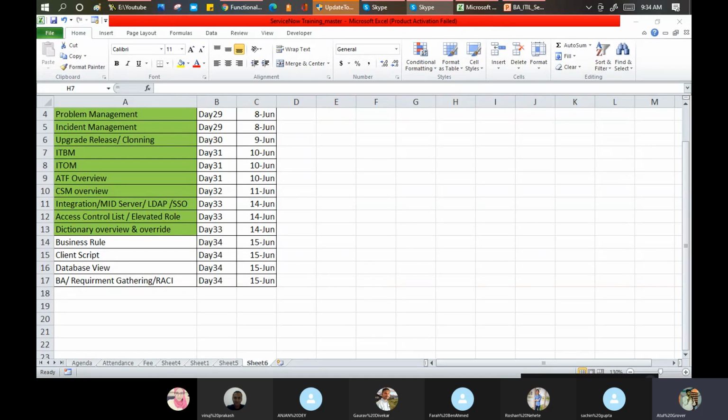Let's take an example. Suppose you want to book a ticket. It can be an air ticket, a railway ticket, or a bus ticket. On the booking form, you are filling in your date of birth. When you fill in your date of birth, your age is calculated automatically, right?